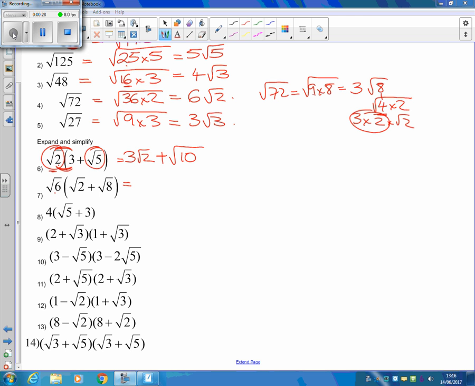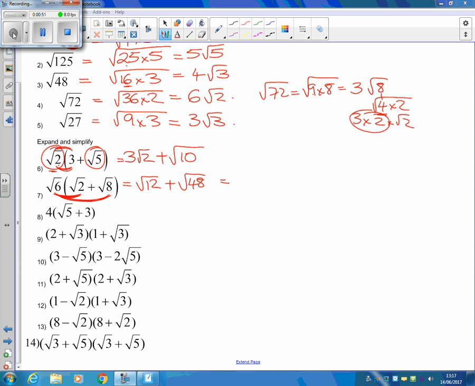Let's work on this one here then. I'm going to multiply these two bits together, which gives me the square root of 12. And then I'm multiplying these two bits together, which is going to give me the square root of 48. Now I could leave it like that, or I could actually try and tidy that up a bit. That earlier we worked on